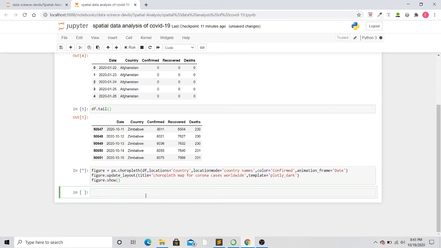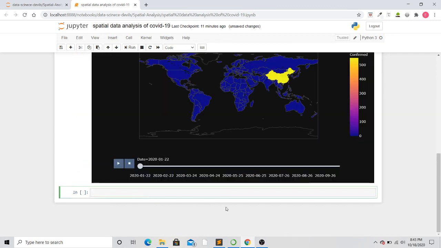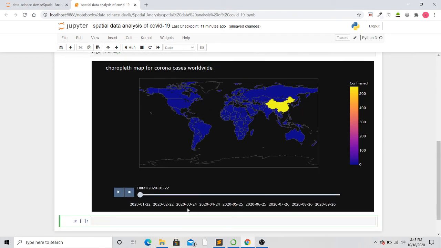It will take some time. Okay, so it's done. Now as I've already said, this animation parameter adds more fun to this. Now look at India. The confirmed COVID cases for India is 0 at the start.